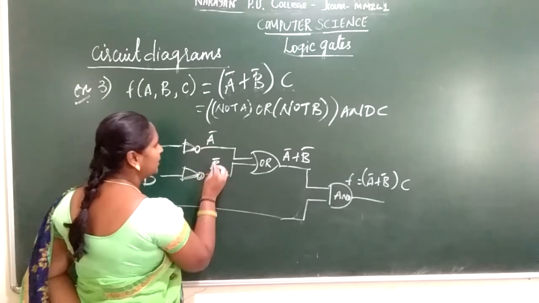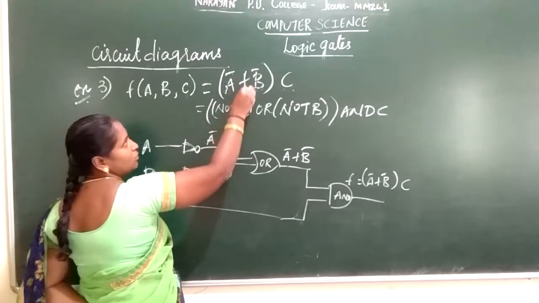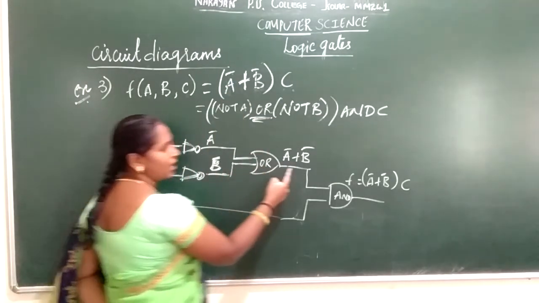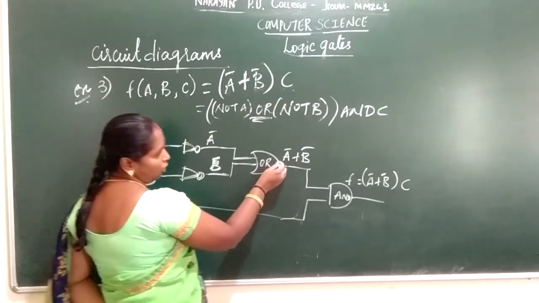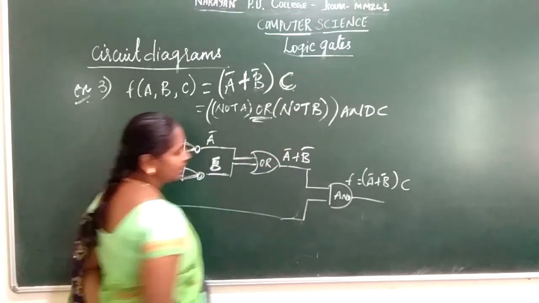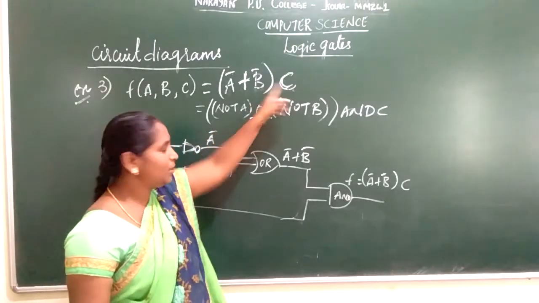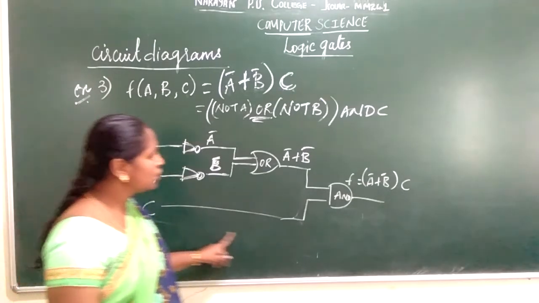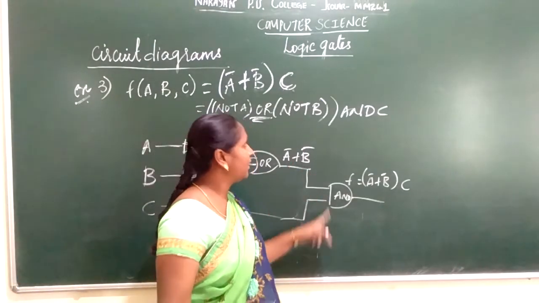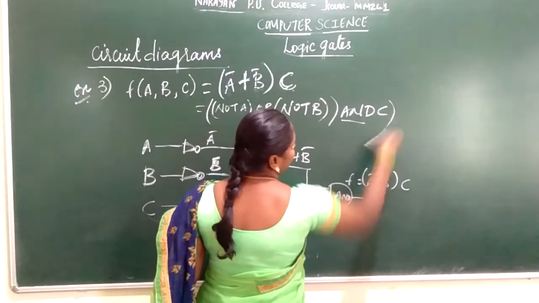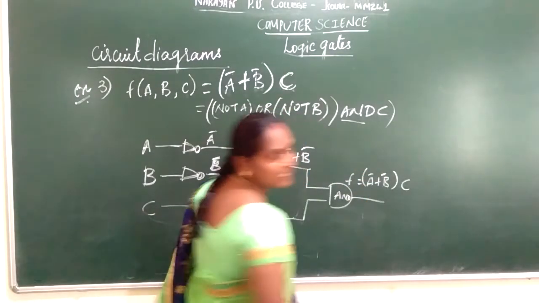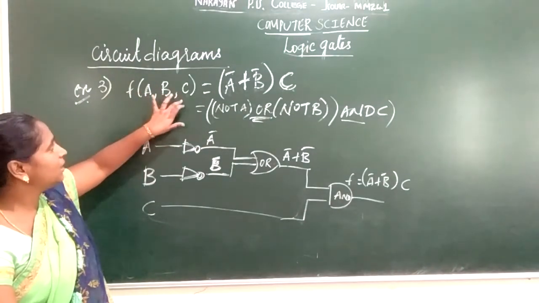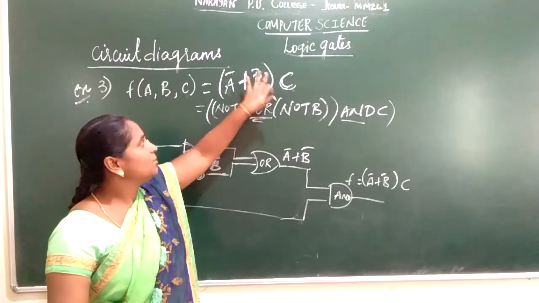So it becomes a bar and this becomes b bar. So I have used a plus, that is nothing but the OR operation. So I used an OR gate, a bar plus b bar ORed. Then this OR gate should be ANDed with your c. So c does not have any complementation, directly I have taken c as my next variable, that is a signal. C should be ANDed with a bar plus b bar. So that is nothing but a bar plus b bar into c. So this is how to draw a logic diagram or circuit for a function f of a comma b comma c is equal to a bar plus b bar into c.